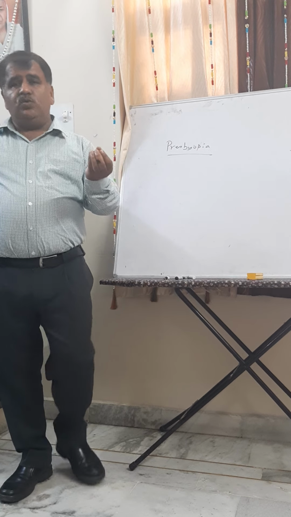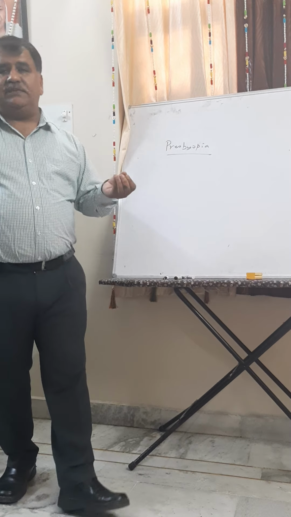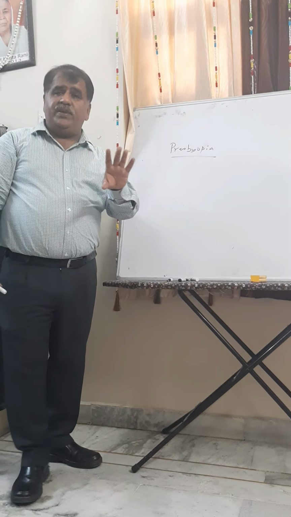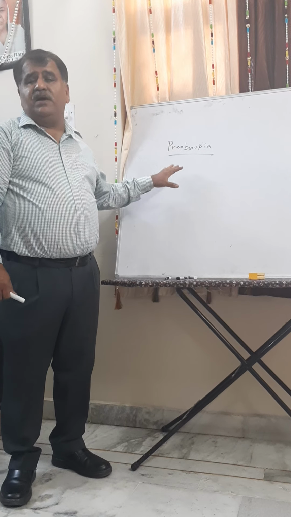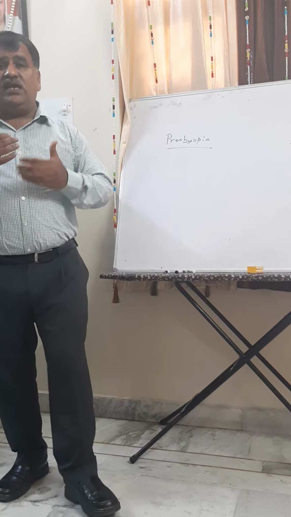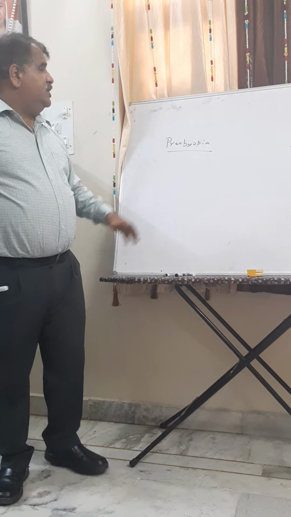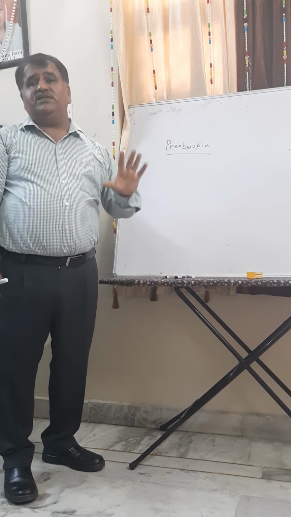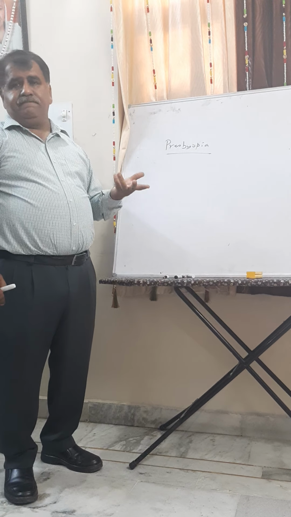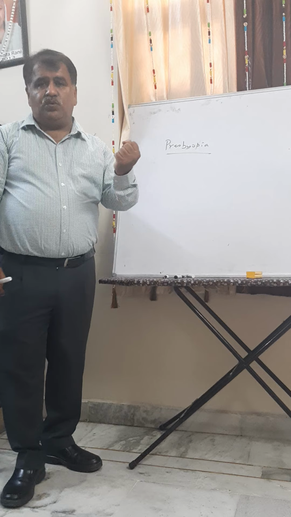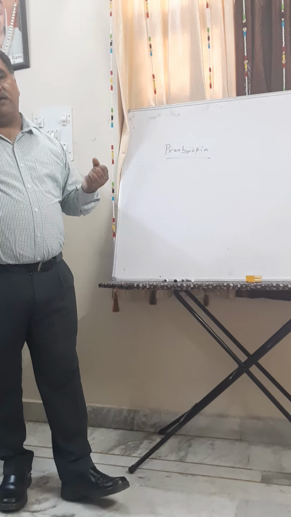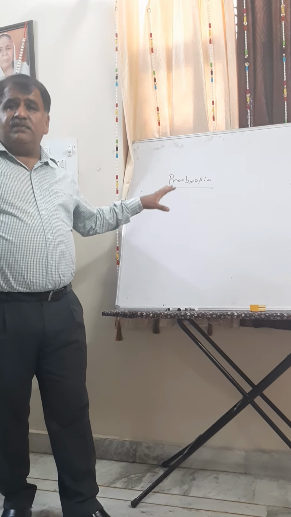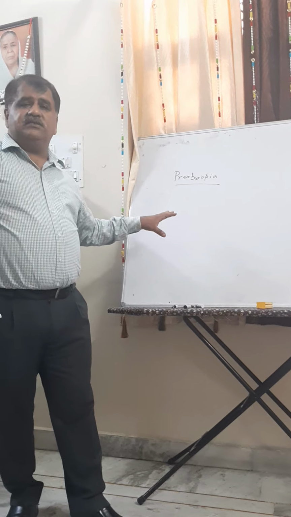In hypermetropia there are two reasons: decrease in size of eyeball or decrease in converging power. But in presbyopia there is only one reason, that is decrease in converging power. With age our ciliary muscles become weak and are not able to increase the converging power of the eye lens, they lose their flexibility. So in presbyopia there is only one reason: due to weakening of the ciliary muscles, our converging power decreases. As far as solving its numericals and ray diagrams are concerned, it is the same as hypermetropia, I repeat.